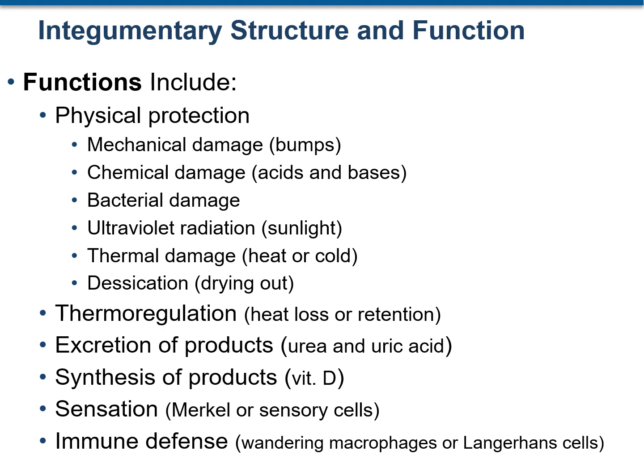When you touch something hot, you move your hand away, that is sensation. So your skin has special sensory cells or detectors that help in sensation. And last but not the least, the integumentary system also helps in immunity. How? Because you have different types of cells such as wandering macrophages or Langerhans cells which are moving around in the skin, and they protect you from any external danger, any invading pathogens.